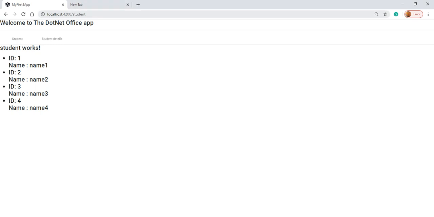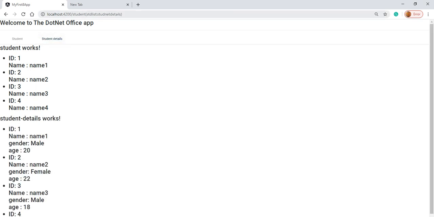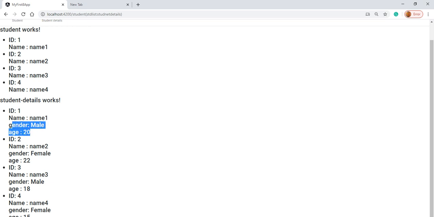By default it is landing on the student page because we have given the path in the routing module, so by default it should land on the student page. See, when I click on this student detail, we can see this routing, it is showing as auxiliary routing, and based on the requirement we have given, it is showing the four pieces of information here.